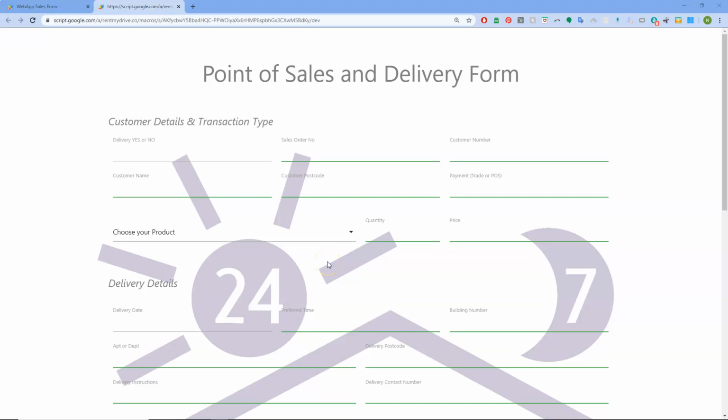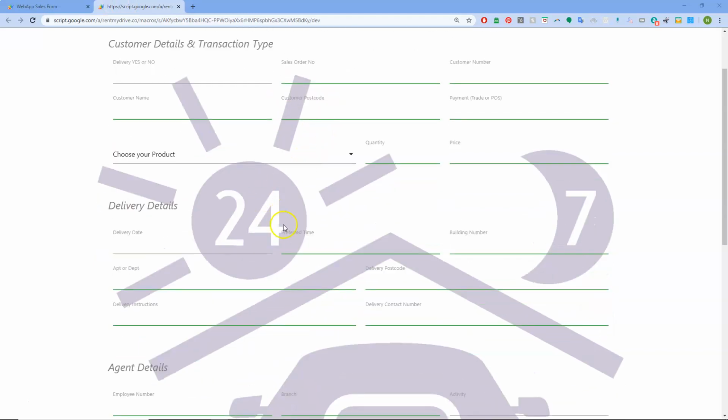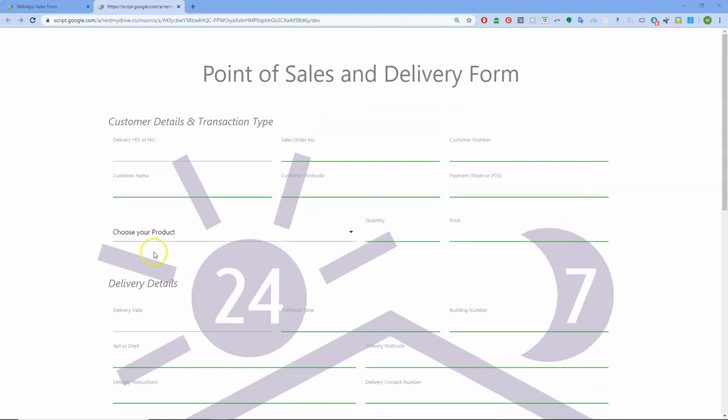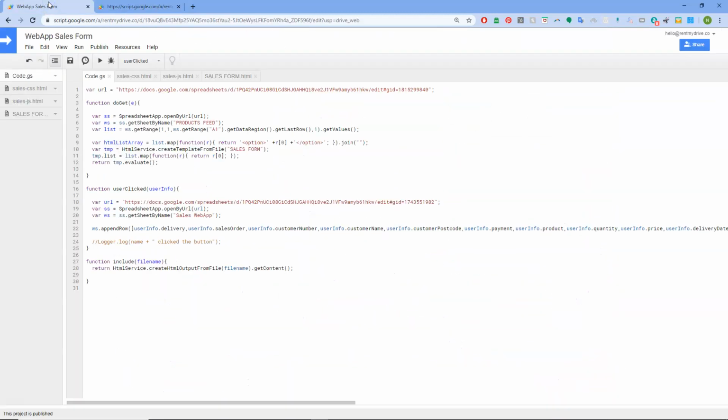I won't be able to show the entire system because it's an inventory management system and a delivery system all sort of in one. But what this is here, this is the coding part. It's a form, as we can see. It's got a CSS background image, it's got fields and a submit button. Where we achieve this is in